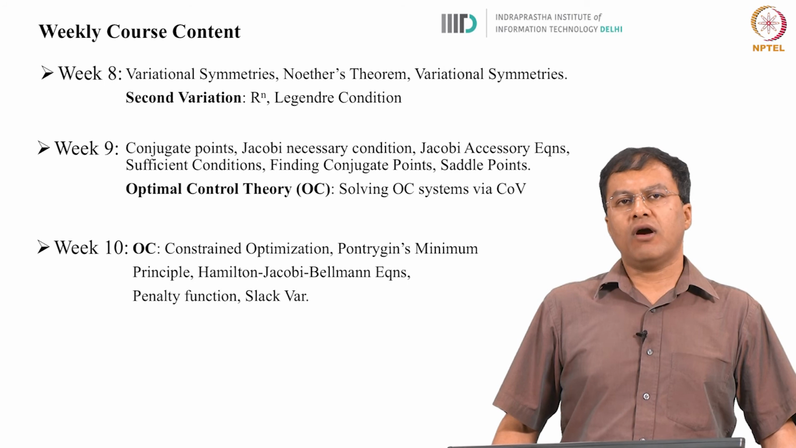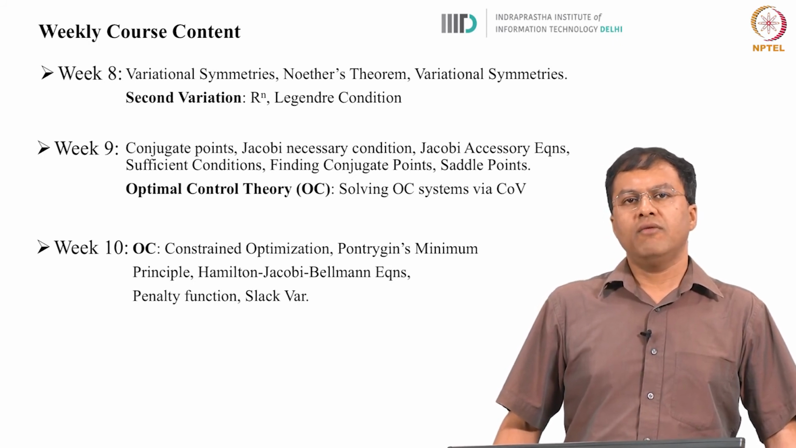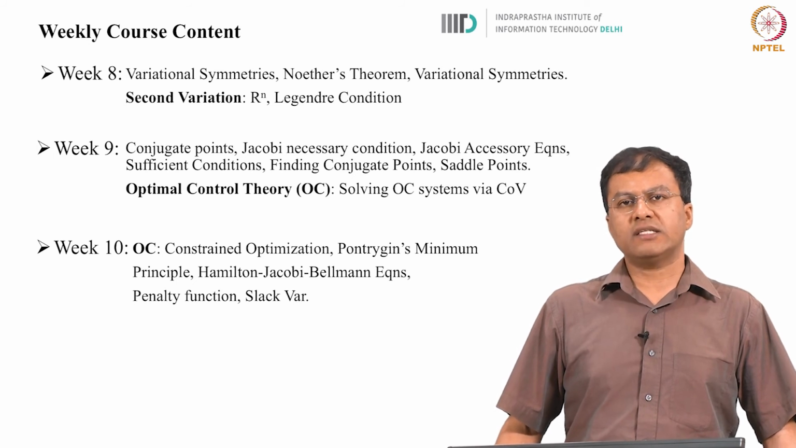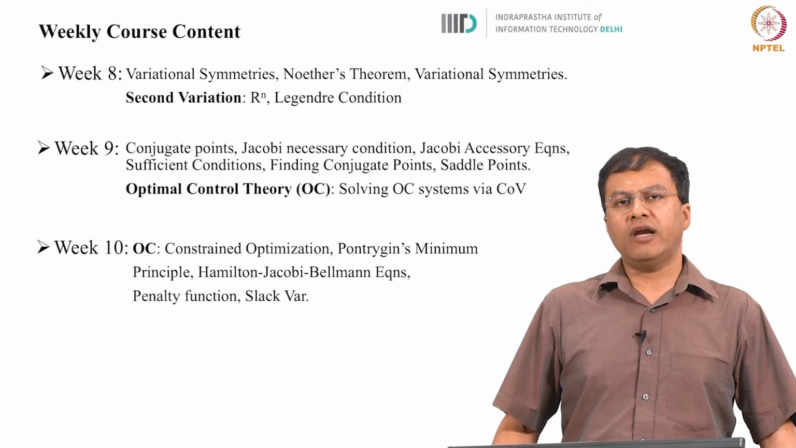In the 9th week we will continue our discussion on finding the sufficient condition for functional optimization, including the topics of conjugate points, the Jacobi necessary condition, the accessory equation, as well as finding these points. We will then start our discussion on a specific application of calculus of variations, namely optimal control theory, and then in the next week we will look at the topics of constrained optimization in control theory, including the famous Pontryagin minimum principle, and also the Hamilton-Jacobi-Bellman equation, which is the Hamilton-Jacobi equation version in